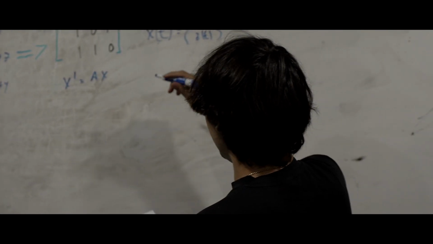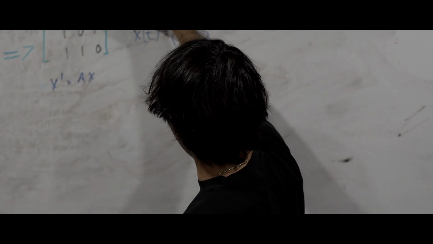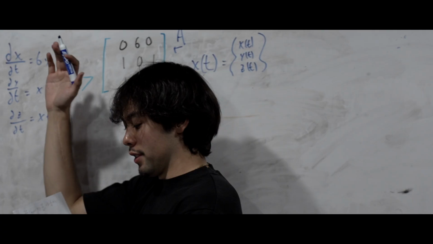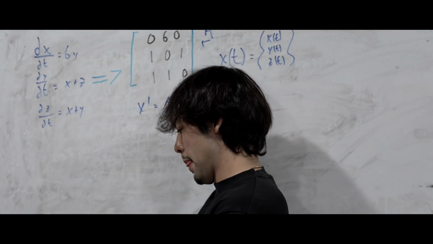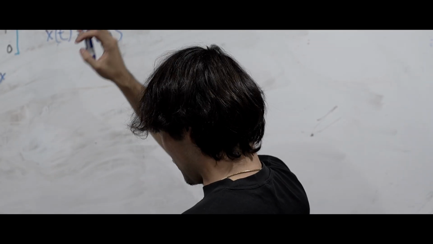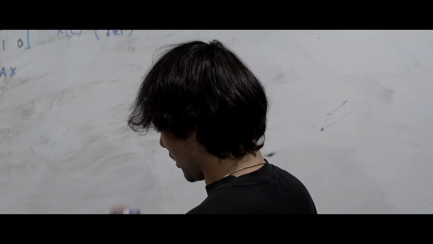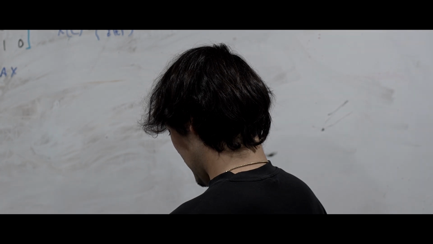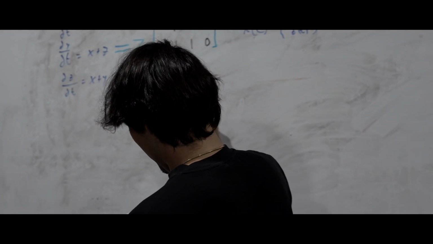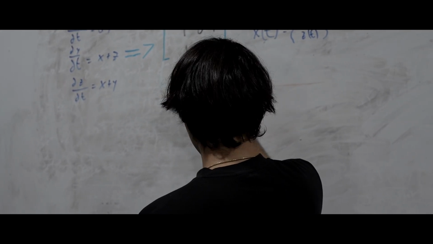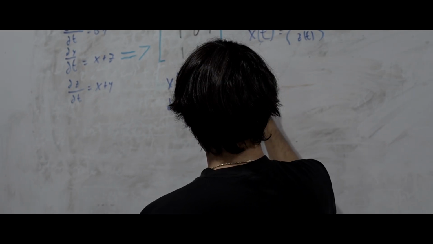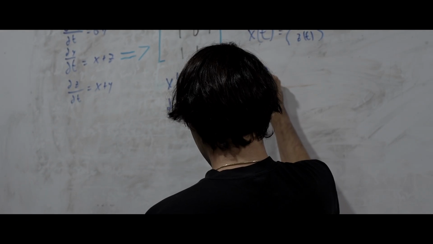Now our A is this big old guy right here. This is our A up here, if you can see, right over here. So after we turn our system of differential equations into a matrix, what we want to do next is find our lambdas, right? And here's another useful equation. Basically, the det, which I'm pretty sure means determinant, of A minus lambda I